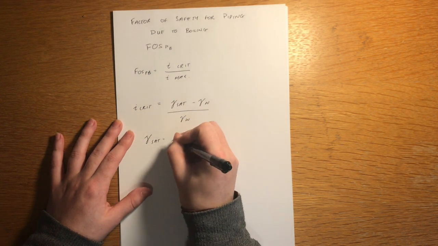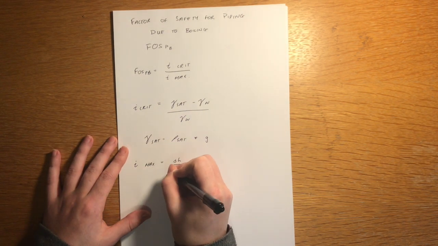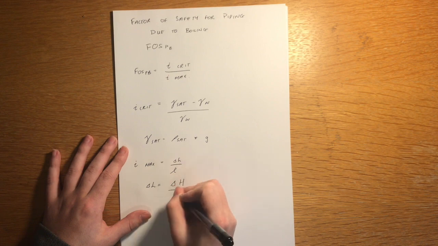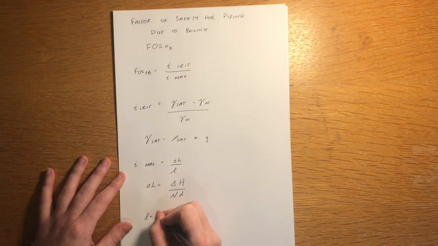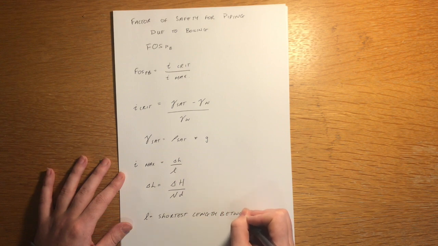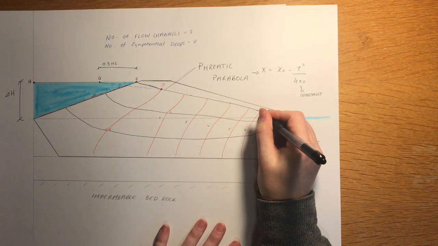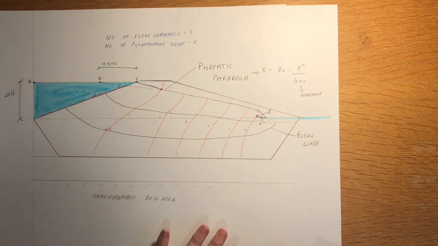The maximum hydraulic gradient is equal to delta H over L, where delta H is equal to the change in total head over the number of equipotential drops, and L is equal to the shortest distance between equipotential lines. The maximum hydraulic gradient is typically close to a filter in an earthen dam or on the downstream slope of a dam. The factor of safety may be increased by widening the dam, which is costly, or by adding a